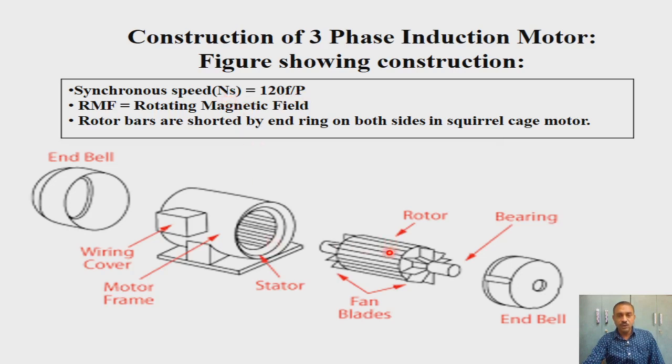Now, the rotor for squirrel cage construction usually has rotor bars. It may be made from brass or aluminum, and the rotor bars are shorted at the end rings, so we will have a shorted rotor in the squirrel cage induction motor. For the slip ring induction motor, the rotor will have a distributed winding similar to the stator winding, and the winding connections are brought out on the slip rings. The stator and rotor are both housed together with the help of the bearings on the end bells, as shown in this figure.